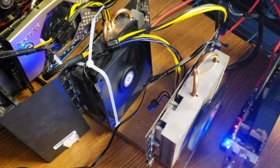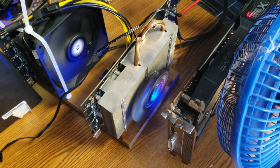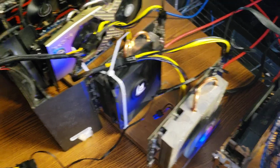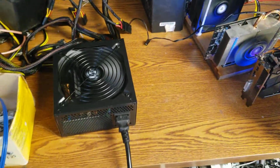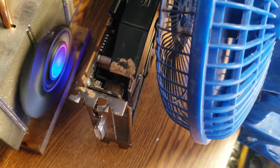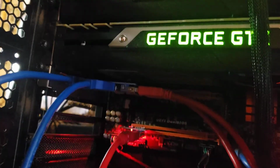I have 2 of those RX 570 mining cards right there, one with just a junky GPU fan slapped onto it, one with a 120 mil, and then these to pull some heat out with extra power supply. And you can see some more remnants of a mud wasp nest on this 7950. But inside here we got 2 Titan cards and another one of those. I'm not sure if I can get that in there, but down underneath in here there's another one of those PCI 1 to 4 splitters,